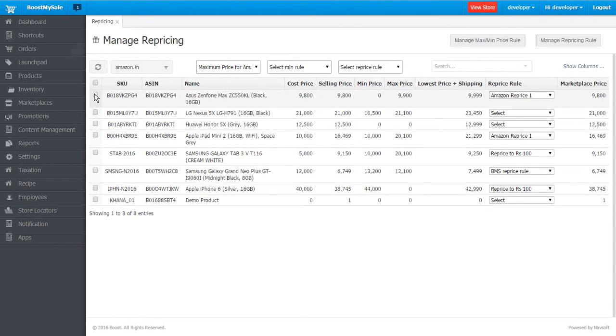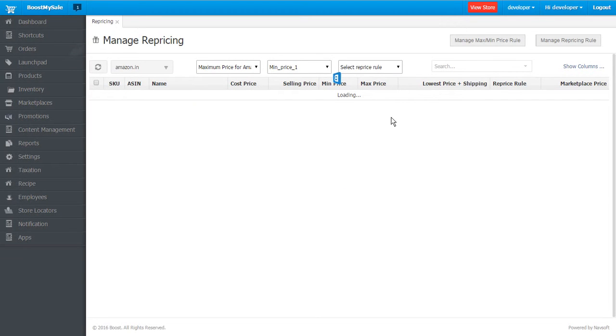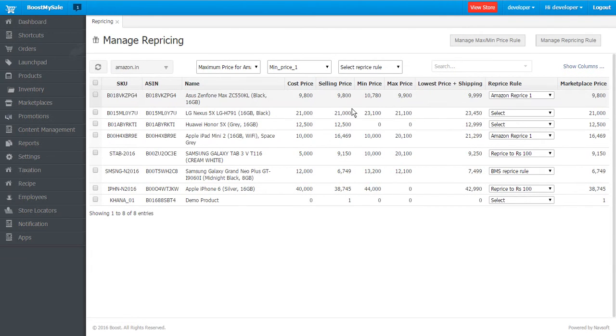Similarly, again select the product from the list and apply the minimum pricing rule from this drop down. You can see the minimum price of your selected products is updated here.